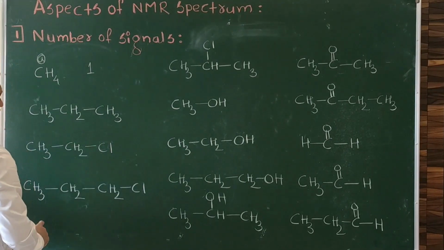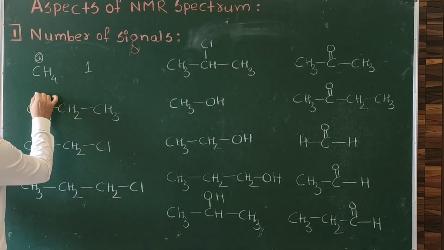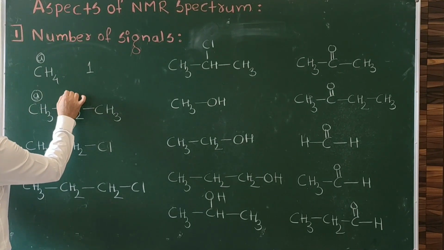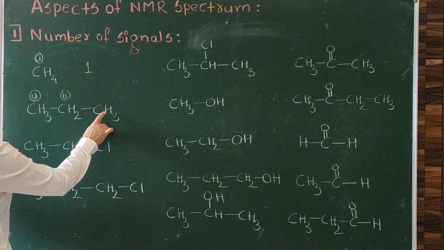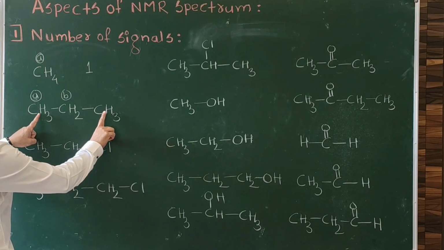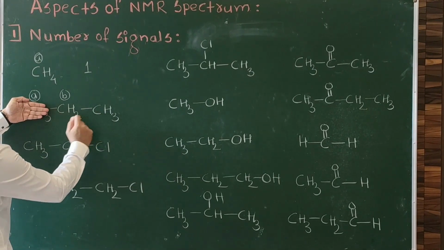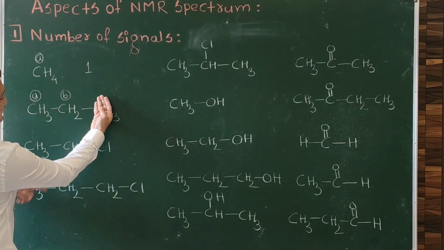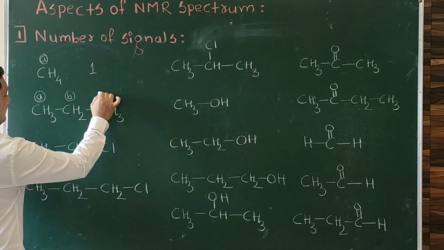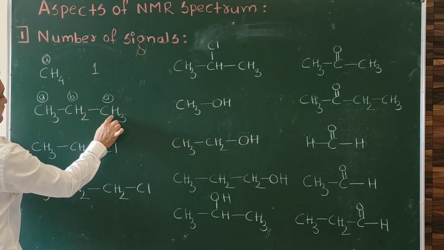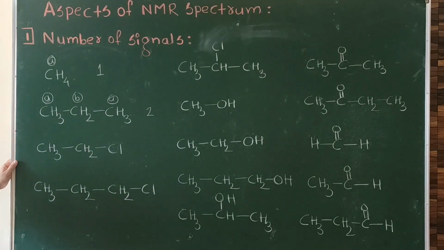This is propane, CH3CH2. They will never be identical, so they will give different signals. So no need to check them. Right? AB means they are giving different signals. Now this is the CH3. We have to check whether the two CH3 are identical or not. The environment of this CH3 is CH2CH3. The environment of this CH3 is CH2CH3. As the environment is the same, collectively they will give the same signal. So AA, two CH3 are giving one signal and CH2 is giving a second signal. So we will get two signals for propane.